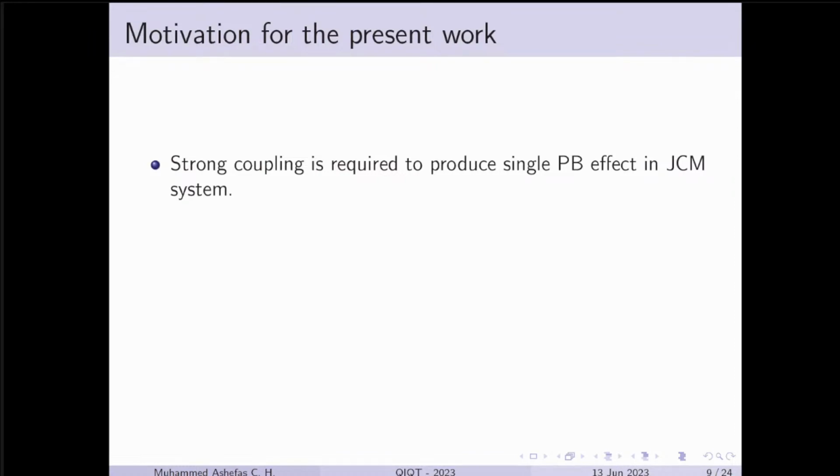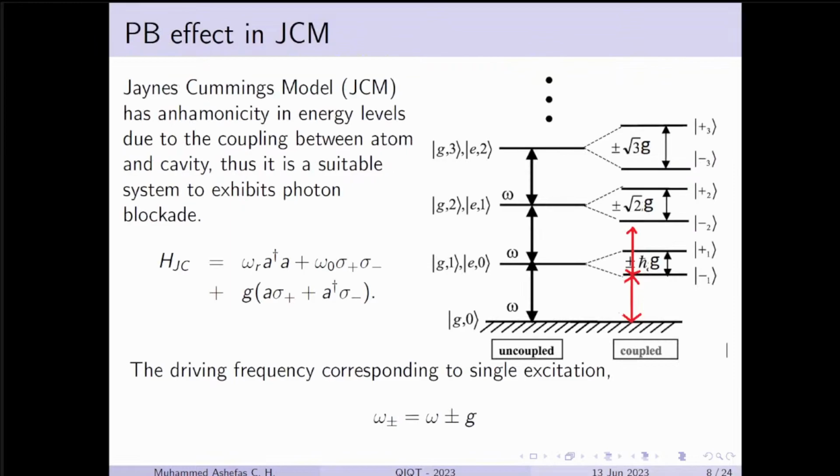If you are going to higher coupling strength, then we cannot use the rotating wave approximation that we already used here. There are only the terms A sigma plus and A dagger sigma minus. So we have removed terms like A dagger sigma plus and A sigma minus. All these terms are not visible here because we already used the rotating wave approximation. So when you are going to higher coupling strength, we have to drop the rotating wave approximation. That means we have to include more terms in the Jaynes-Cummings model. So those issues will be there.